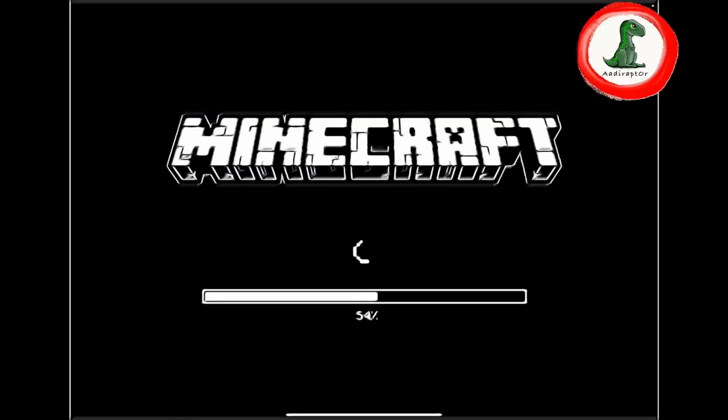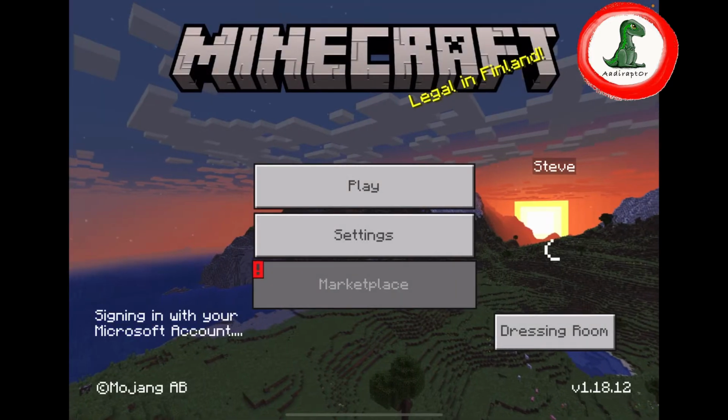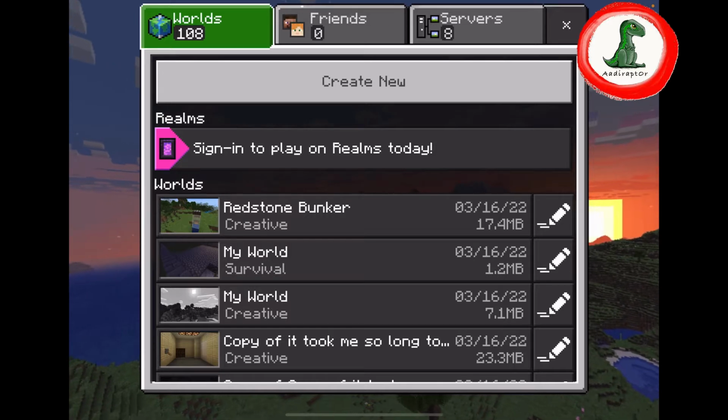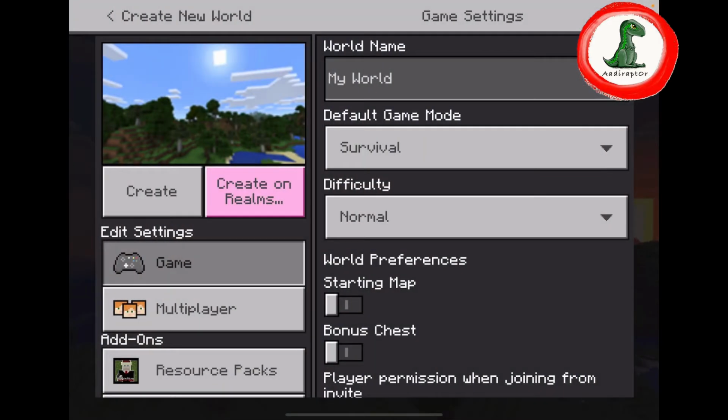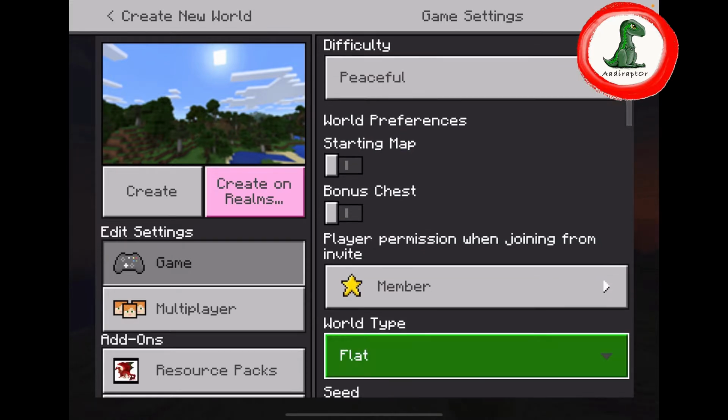And today I'm gonna be teaching you how to make a TNT launcher slash cannon. Okay, so now I'm about to run into the game. I'm going inside the game right now. Okay, just wait. Create new world, creative, peaceful, flat,